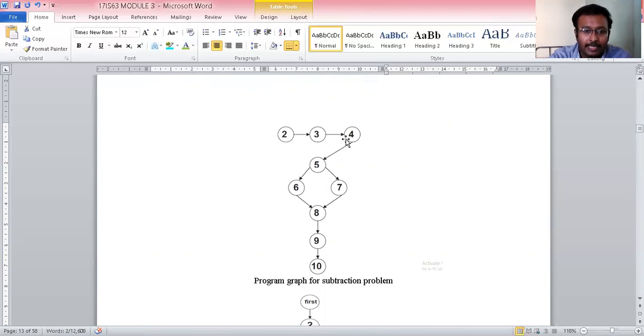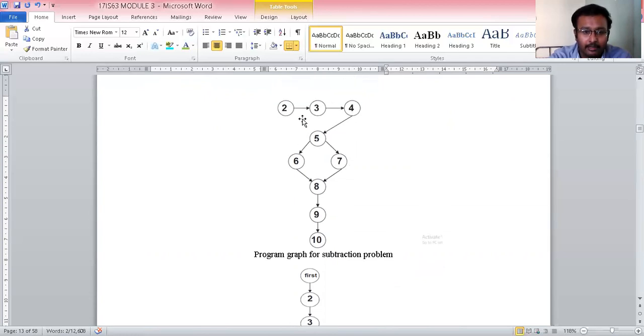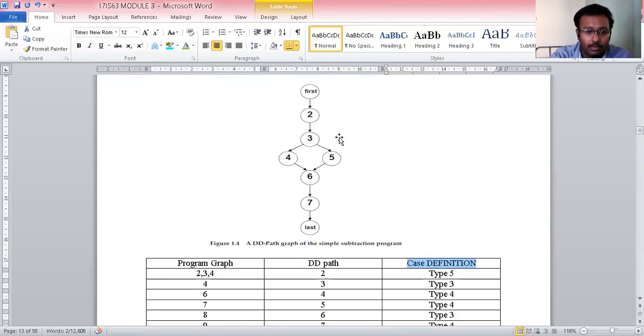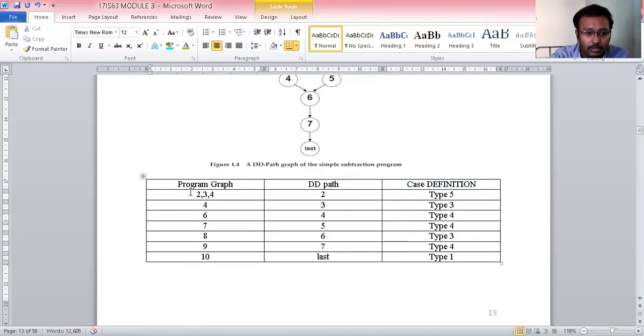They are in a sequence. If you see, the nodes 2, 3, 4 from the program graph are combined together to form one single node 2 in the definition to definition path, and these nodes 2, 3 and 4 belong to type 5.